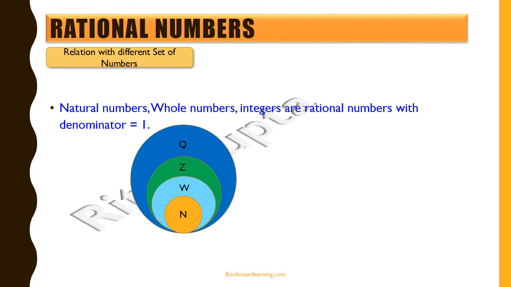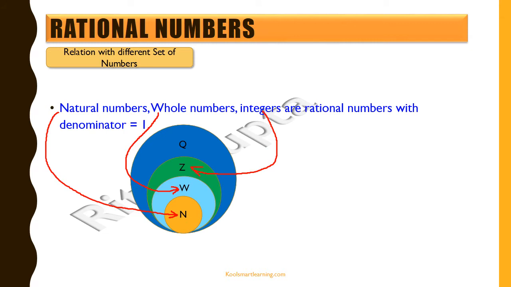Now let's see it pictorially. This smaller circle, which is representing N, is basically the set of natural numbers. The bigger circle, the light blue circle, represents all the whole numbers, and we all know that whole numbers are nothing but the natural numbers plus the number 0. Now the green circle is representing